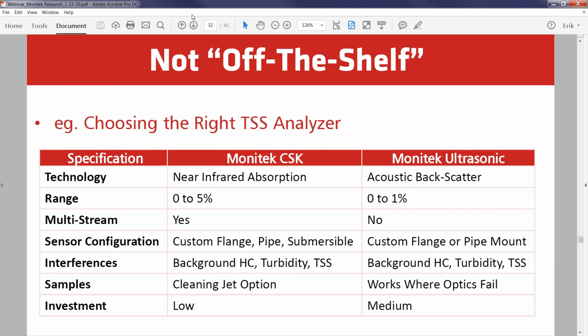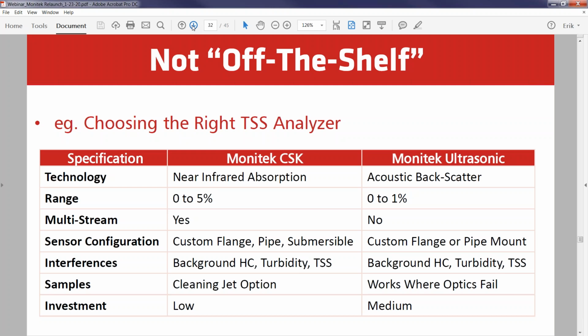The difference is if you take a look at the interferences and what you're looking at, the real difference here is you're going to use the ultrasonic in spots potentially where the light is going to fail, because the light obviously can get blocked off and you can run into issues with it being able to measure. The ultrasonic is actually going to be able to push through and get a bounce back reflection of the ultrasonic and still be able to measure even in some more difficult types of applications. Really here the difference is the Monitek ultrasonic is 1% in comparison to up to 5%. It is a single stream unit,